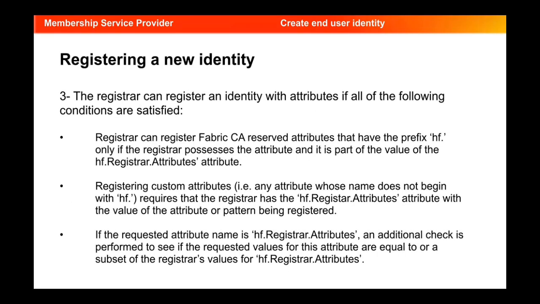Next, as part of the third check, the registrar can register an identity with attributes if all of the following conditions are satisfied: the registrar can register Fabric CA reserved attributes that have the prefix hf., and only if the registrar possesses the attribute and it is part of the value of this property, which is